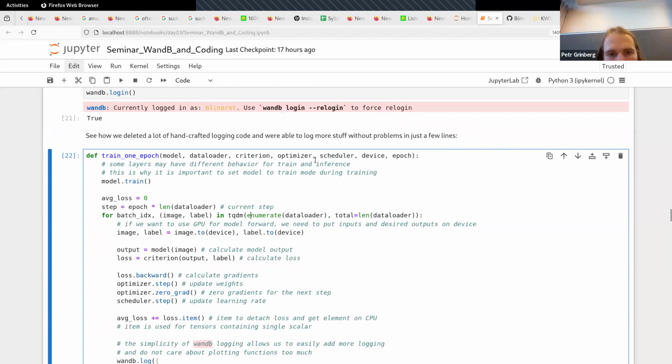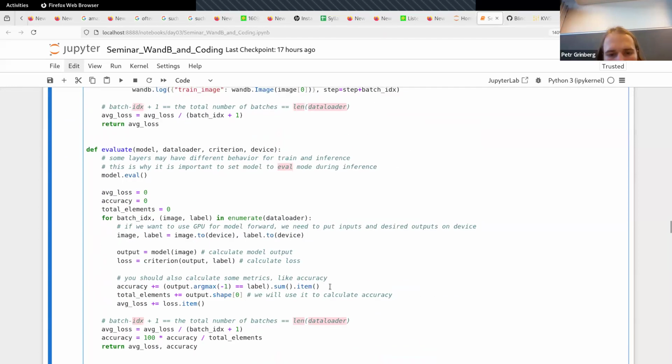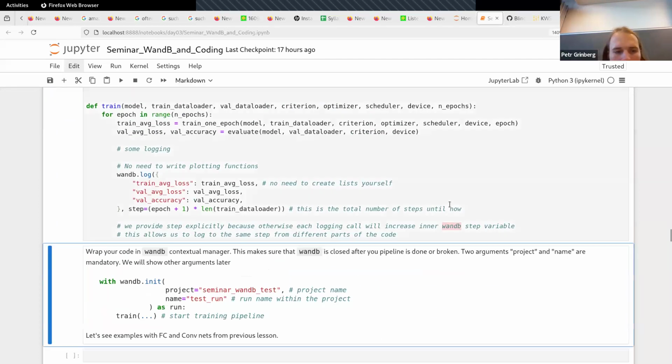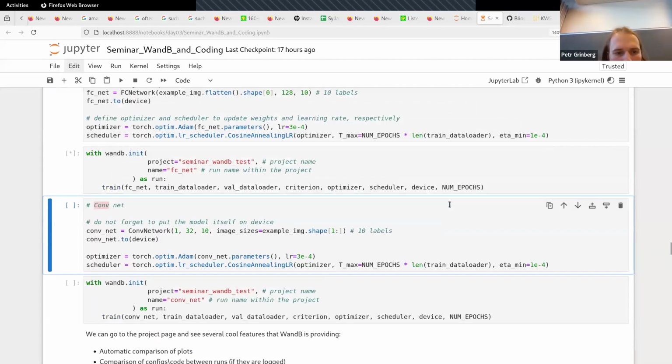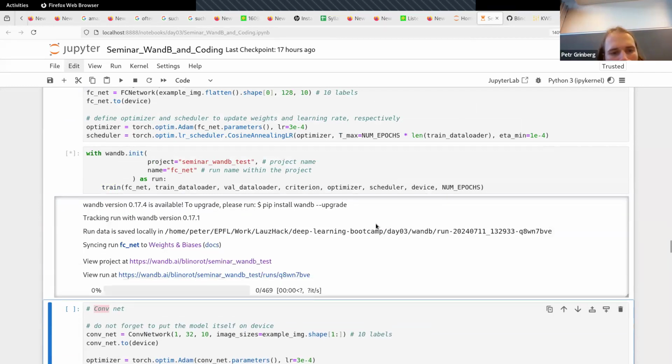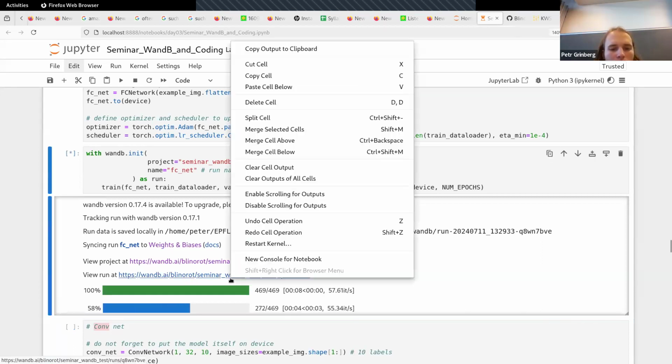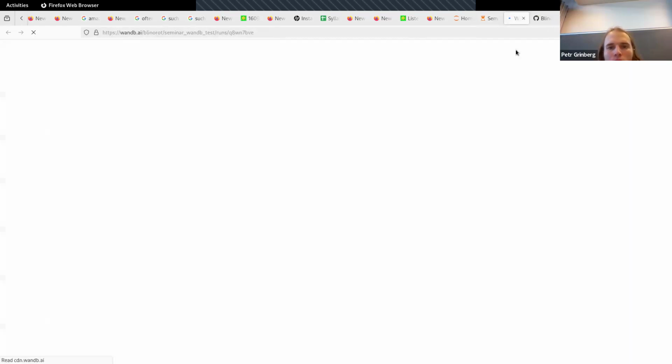Strange. I don't know what the mistake was, but now you can see that your model is still training. You won't see any plots here. To see the plots, you can go to this website